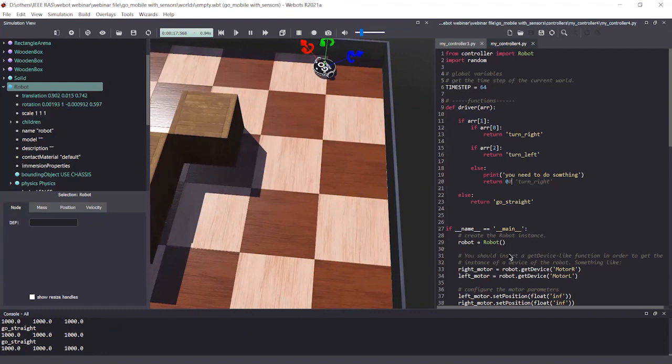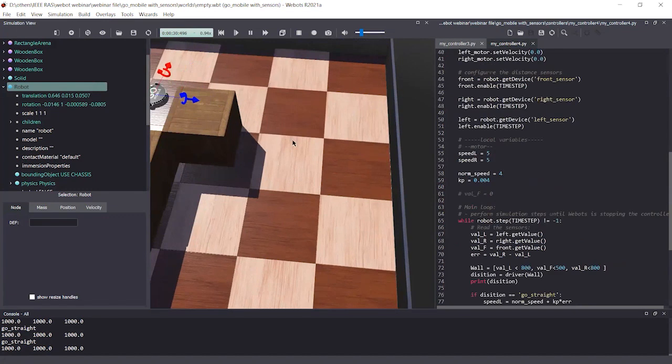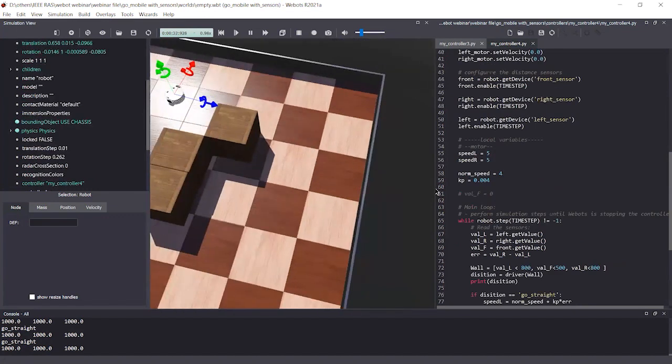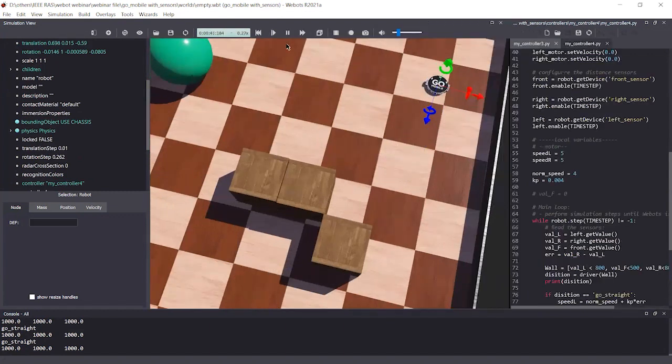Okay, now I think our robot is running correctly. Let's speed this up and let's see. So that is how you create a mathematical model and put that into code and see.